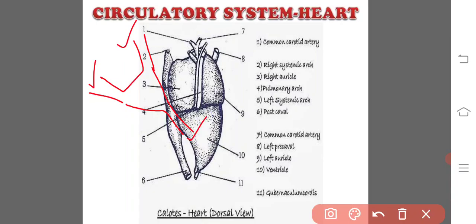Externally, the sinus venosus is divided into two parts by a deep groove present on its dorsal side: the larger right part and the smaller left part. The sinus venosus opens into the right auricle near the region of the constriction by a semicircular sinoauricular aperture. The aperture is provided with sinoauricular valves. The valves prevent the backward flow of the blood.